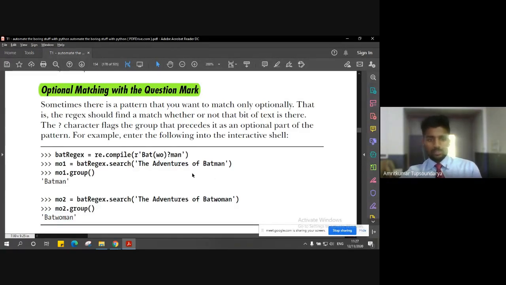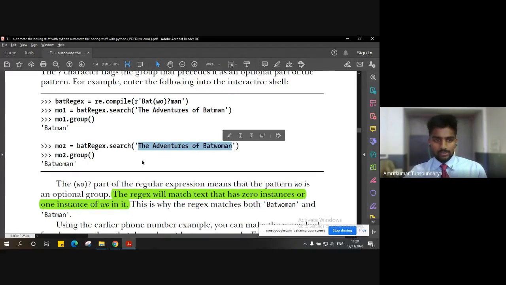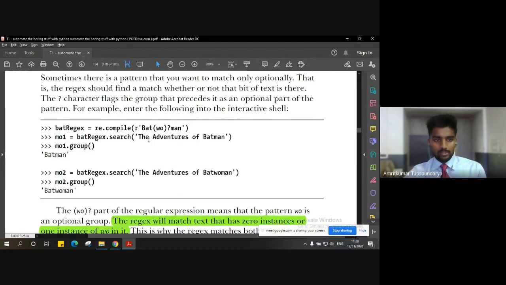Simple as that, right? Now the thing is, the regular expression here will match the text that has zero instances or one instance of wo. So in the first example, we have zero instances, and in the second example, we had one instance. So when we want to have either zero or one instances, only then can this question mark be made use of.